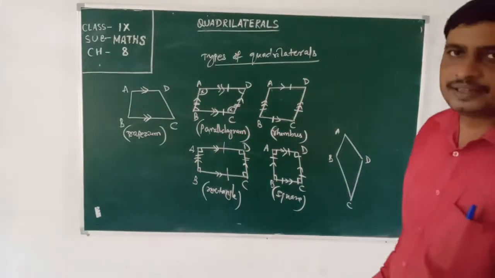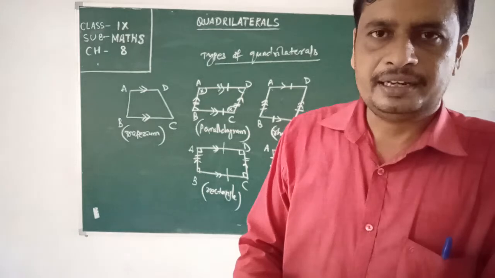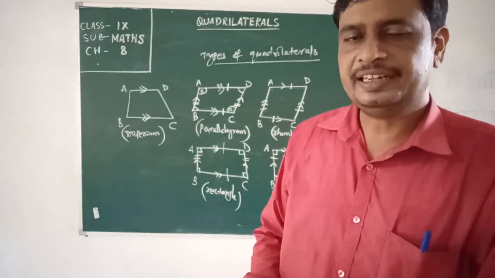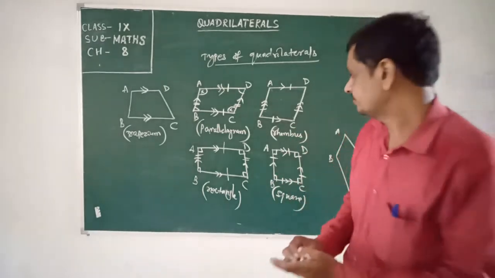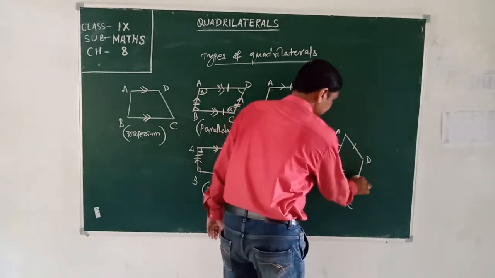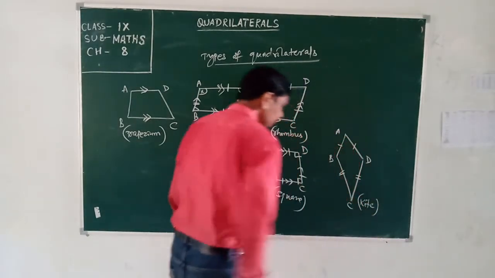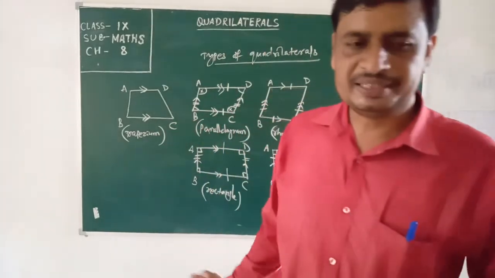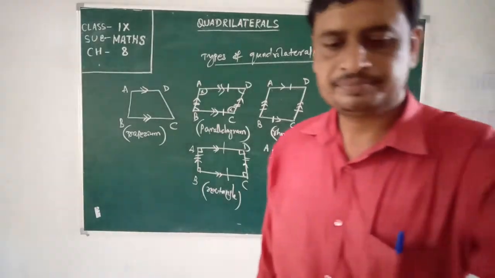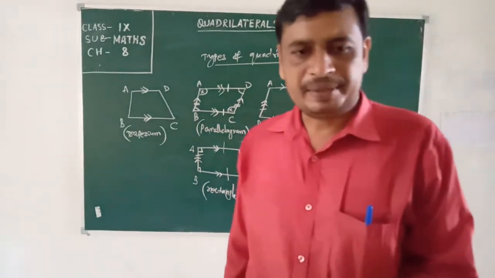Next, if we observe that adjacent sides become equal in length, then it becomes a kite. Here, each pair of adjacent sides are equal in length, then it is called kite. These are the special types of quadrilateral having some properties. Next, we'll read about the properties of parallelogram.